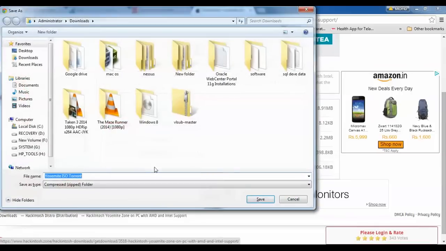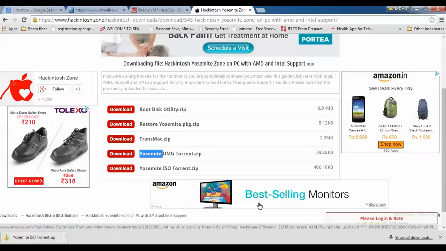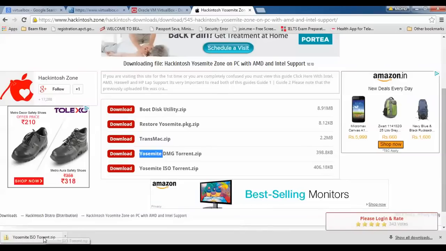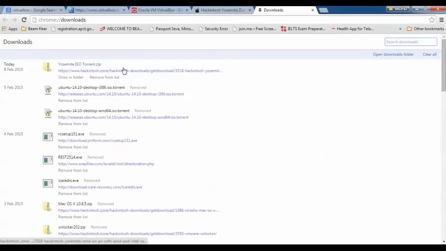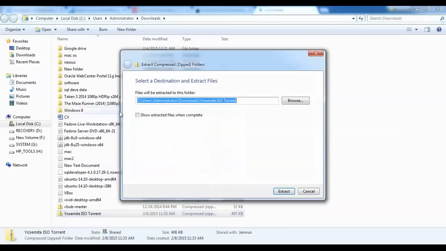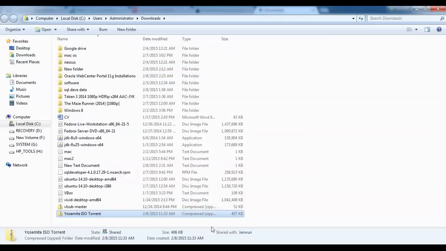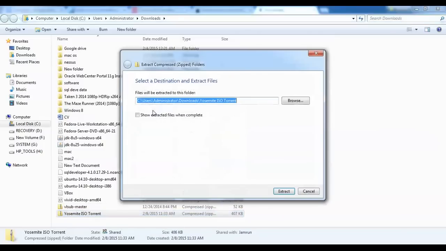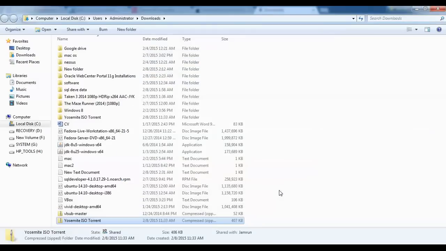Here you can see my torrent file. Just click to save this file. Then right click, go to Extract Here and click on extract.